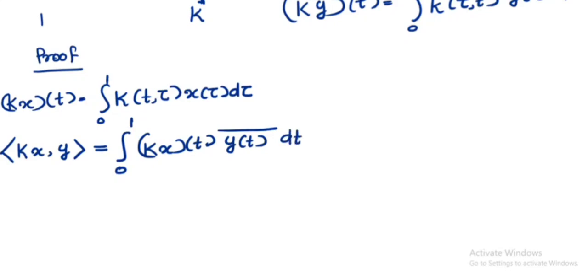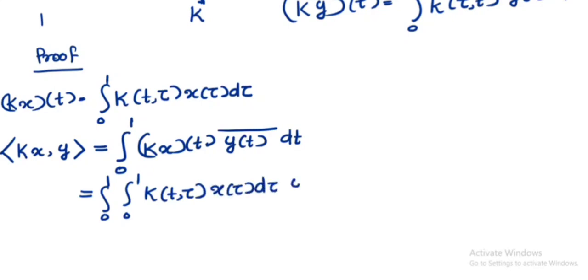Okay, and this is equal to the integral from 0 to 1 of Kx(t), which is this one, the integral from 0 to 1 of k(t, tau) x(tau) d tau, and then y(t) conjugate dt,